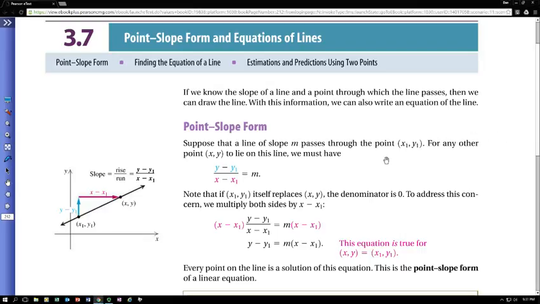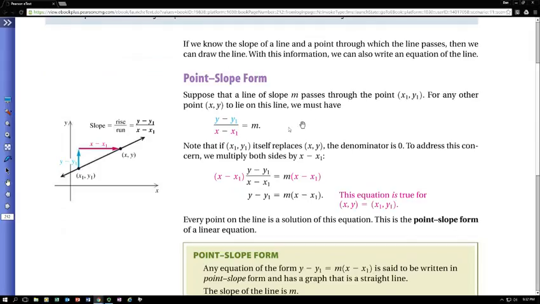Now here's what we're tying into: this idea of slope, which is rise over run, or the difference of the y coordinates over the difference of the x coordinates. Now the difference that they do here, just to set up the idea of this, remember when we had the slope formula before, they showed us you had y sub 2 minus y sub 1 over x sub 2 minus x sub 1. Notice that the sub 2 is gone,